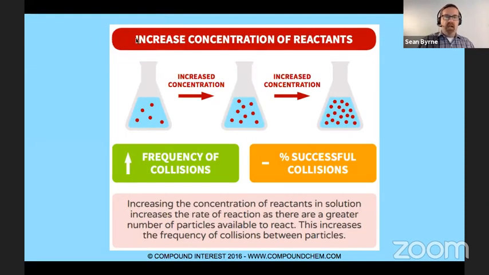So we talked about increasing the concentration of reactants as something that will increase the rate of a reaction. What that does is it increases the frequency of collisions. So this is green. It has an arrow here to indicate that it increases the frequency. And that makes sense. When there are more particles there, we know that there will be more opportunities for collisions to happen. Now, it does nothing to guarantee anything about the percentage of successful collisions. We haven't increased the energy, we have not increased the strength of those collisions. So increasing concentration only increases frequency of collisions. It leaves the percentage of successful collisions neutral. There's no change that happens there.